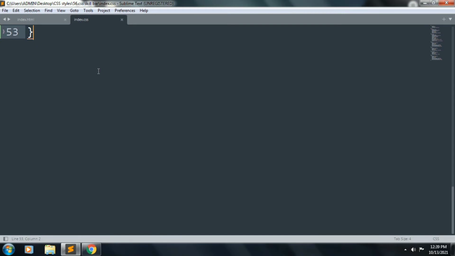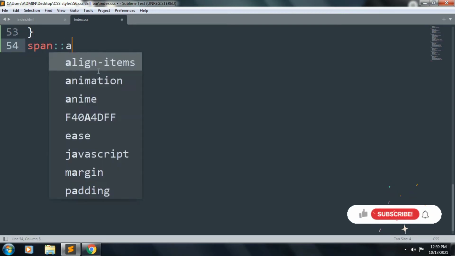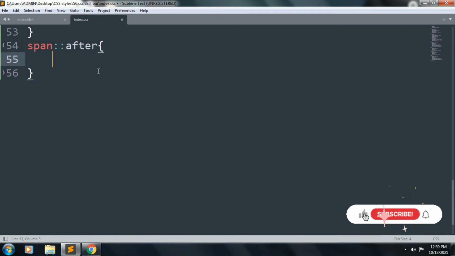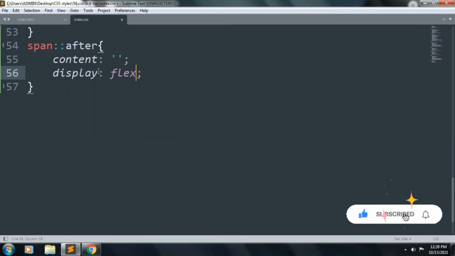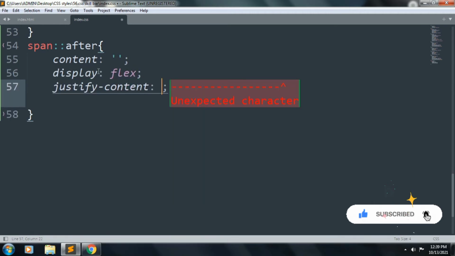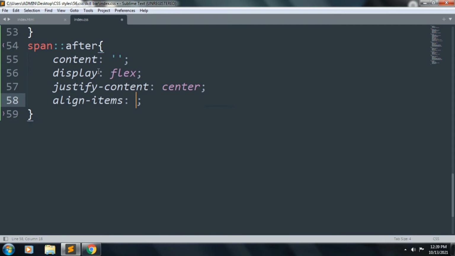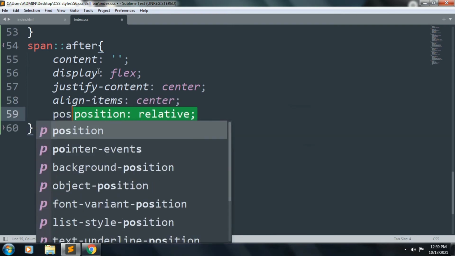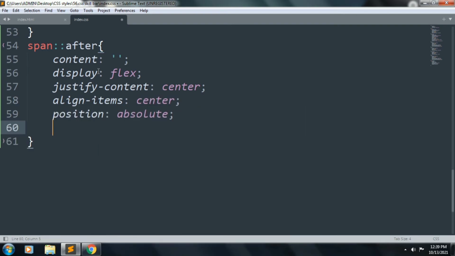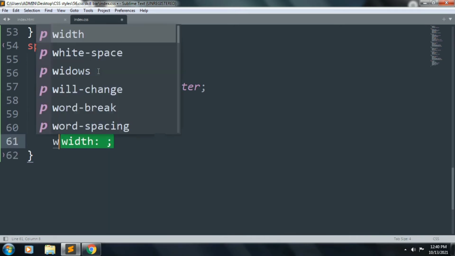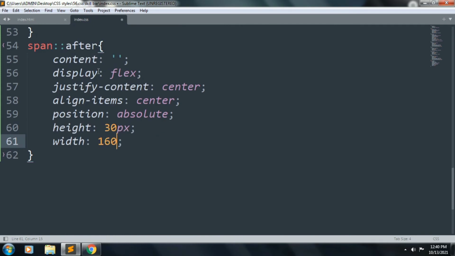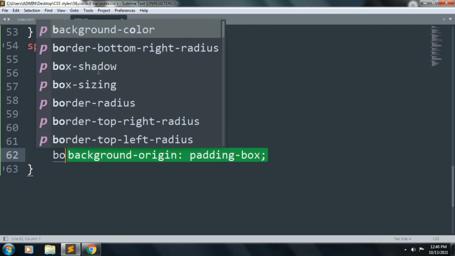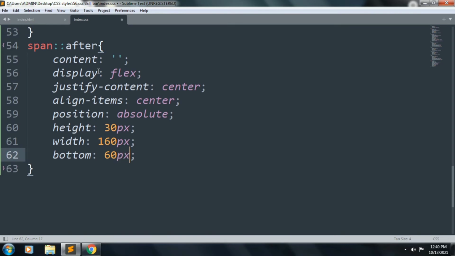Next we want to style span after. Inside this, content, display flex, justify content is center, align item center and position is absolute, height 30 pixel and width 160 pixel and bottom 60 pixel.